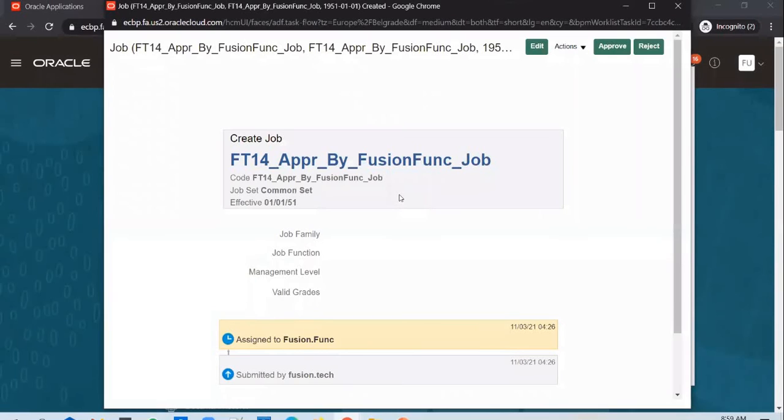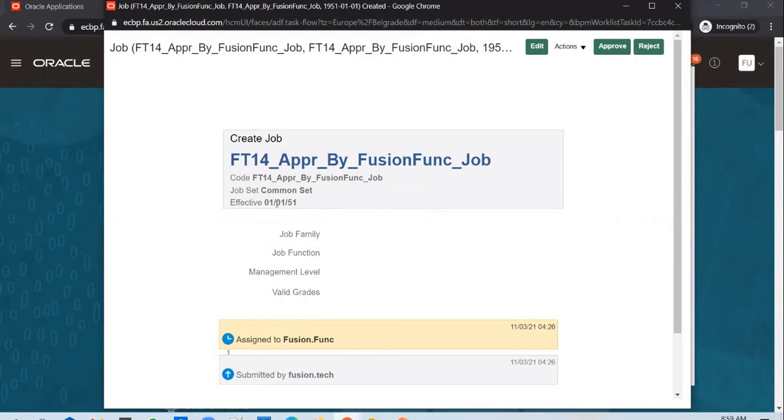Prasad, I have a quick question. Now the data is not stored in the base tables, right? Where will the data be available? It will be available in the BPM table or what? I believe so. Yeah, but I'm not sure what tables or whether we'll be able to query these tables or not. But I believe it will be available in the intermediate tables.